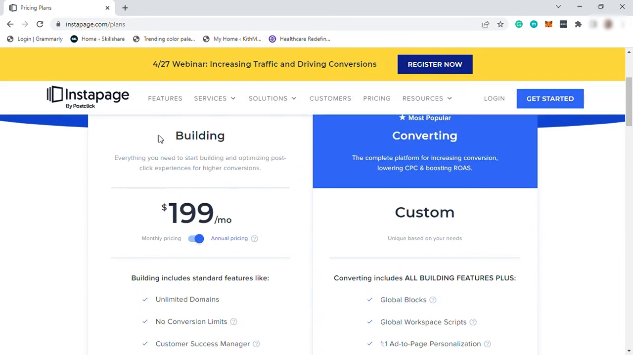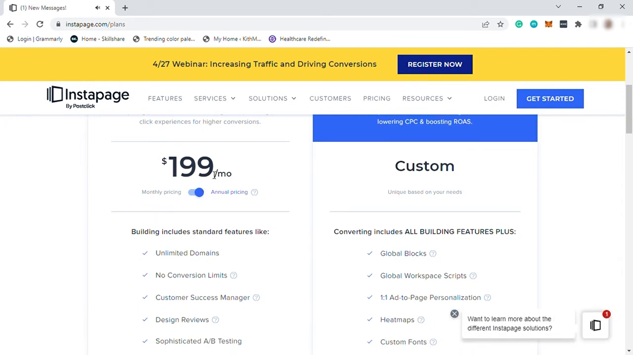So here they have two different plans. The first one is the Building plan for $199 per month if billed annually. But if you want to be billed monthly, then the price will be higher. It's going to be $299 per month, which is an additional $100 if you will be paying it monthly. But if you will be paying it annually, then you can save $100 per month, and that will be $1,200 for a year. For me, it's kind of too much for creating a highly converting landing page